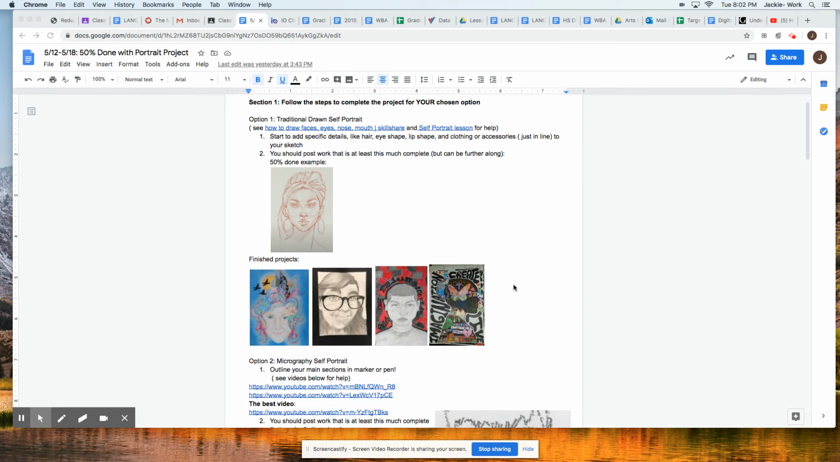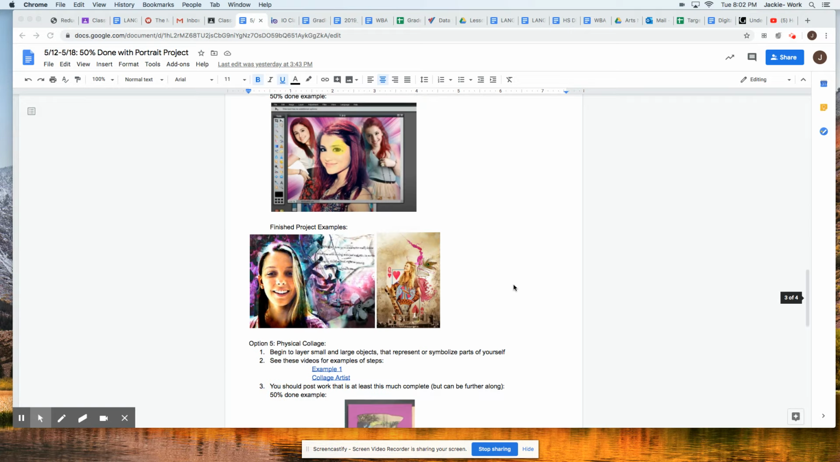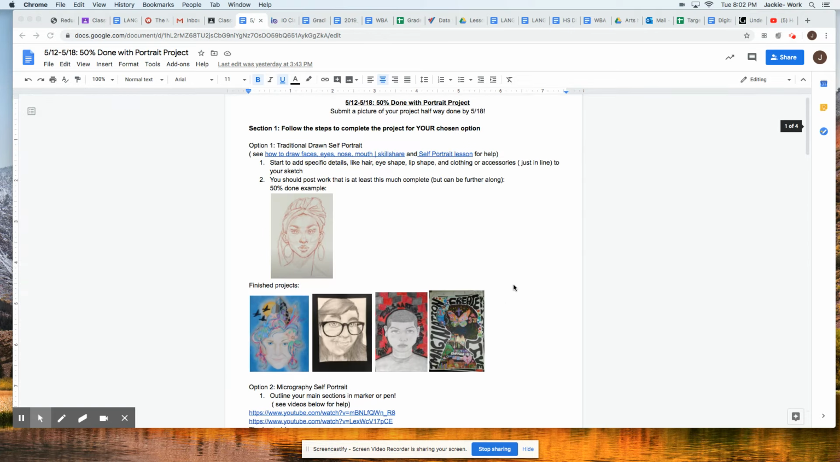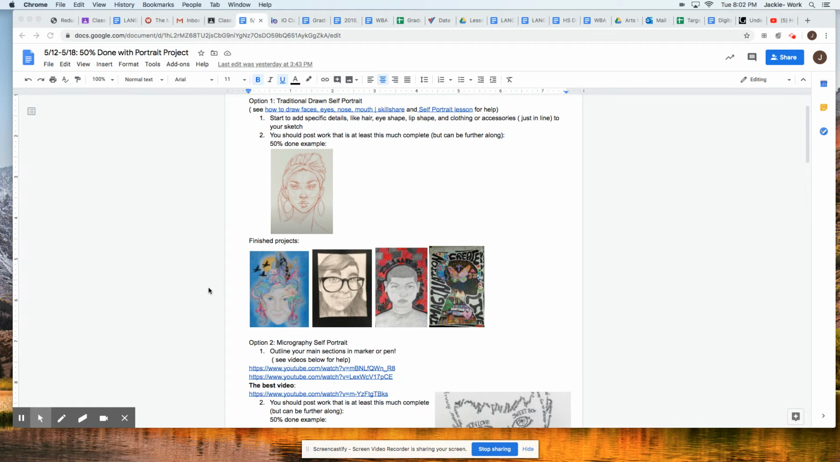You don't have to complete the directions for all of these steps. You're just following the directions for whichever method of art making you are picking. So for example, if you were doing the traditional drawn self-portrait, using regular or traditional drawing and painting materials, then by Monday, May 18th, you should post a picture of your work to this assignment